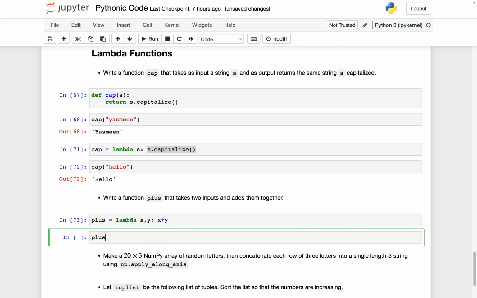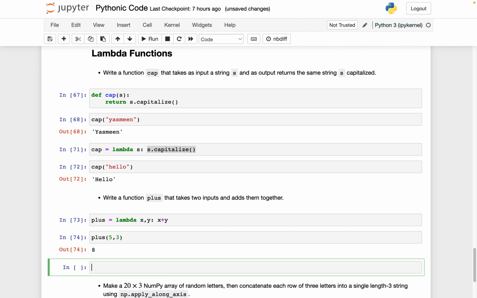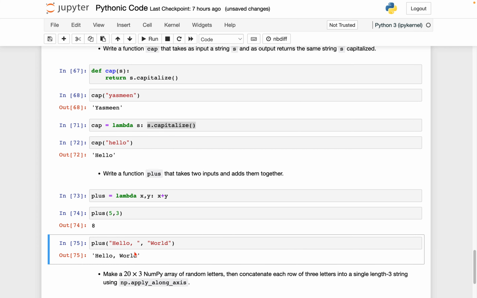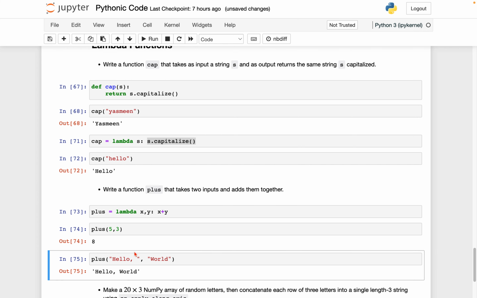So for example, let's try plus of 5 and 3. That gives 8. Let's do it with something like strings. I could try plus hello and world. And we get here hello world. So two kind of silly examples. We can capitalize things and add things together without using a function, but I just wanted